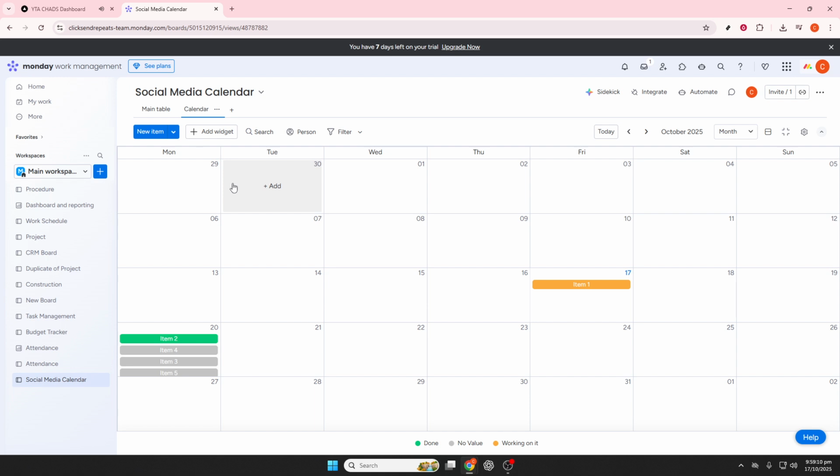Once your board is set up, it's time to visualize your schedule with calendar and timeline views. Click the plus add view button at the top, select the calendar option, and choose your published date column as the timeline. This will display all your content pieces by date, aiding your planning process. The timeline view is excellent for seeing overlapping projects and team workloads, perfect if your team juggles multiple pieces at